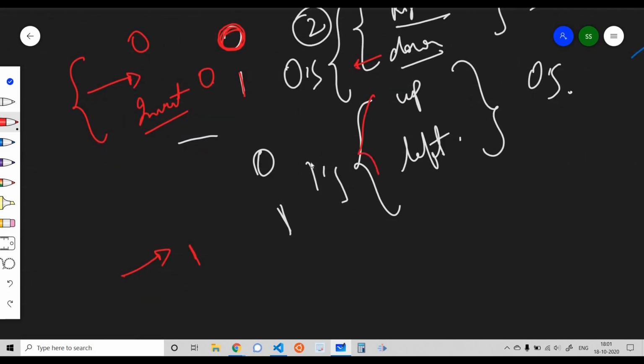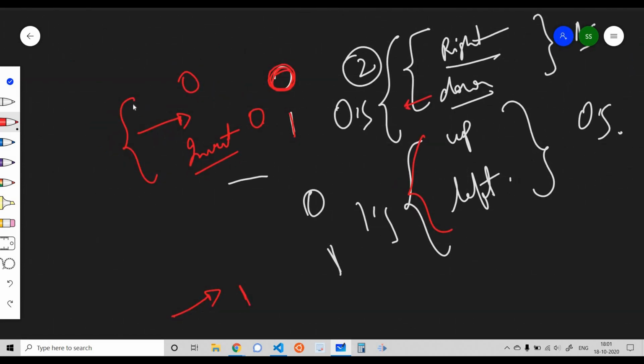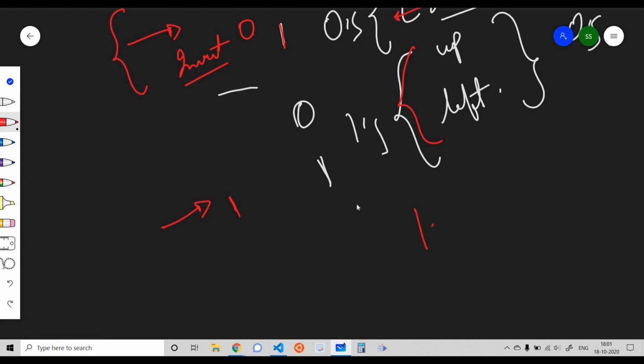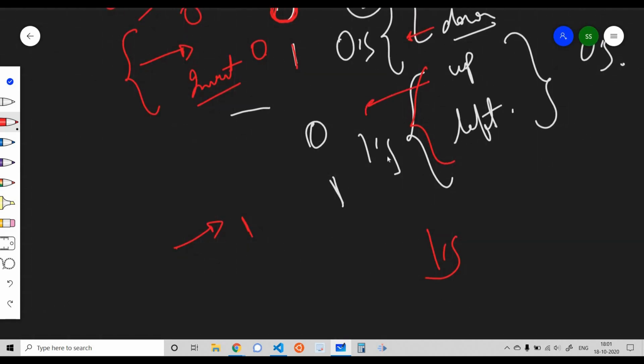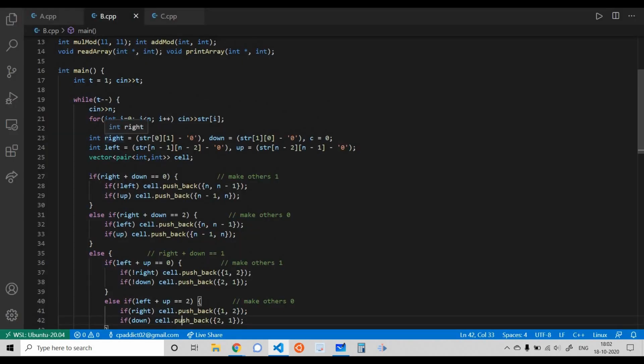And then I check these two values. As I've changed the above entry point into zeros, I need to convert this exit point into 1s. So I check these 2 points one by one. I see that this is 0, so I need to convert it into 1, and left is 1 in the beginning itself, so I do not need to change anything. Yes, I've found those 4 cells. They are stored in right, down, left and up.